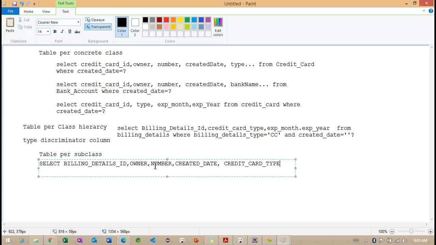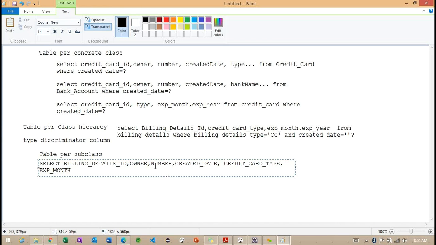So credit card type here, something. Credit card type, something we can work with. If you are trying to join the other table also, we can join. I want to add the final one, expire month.